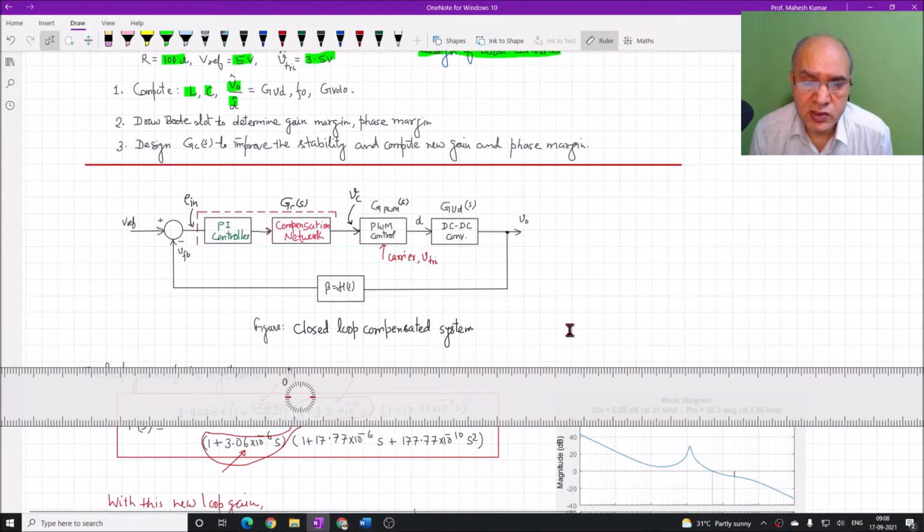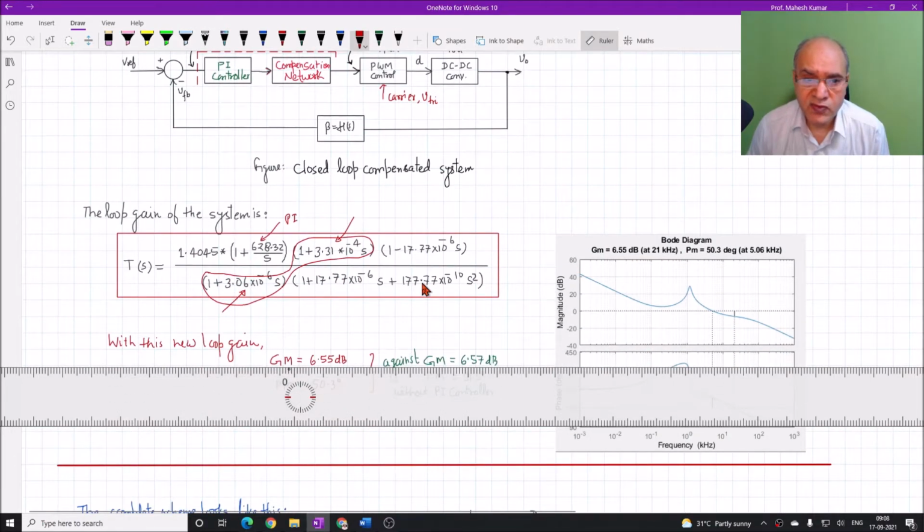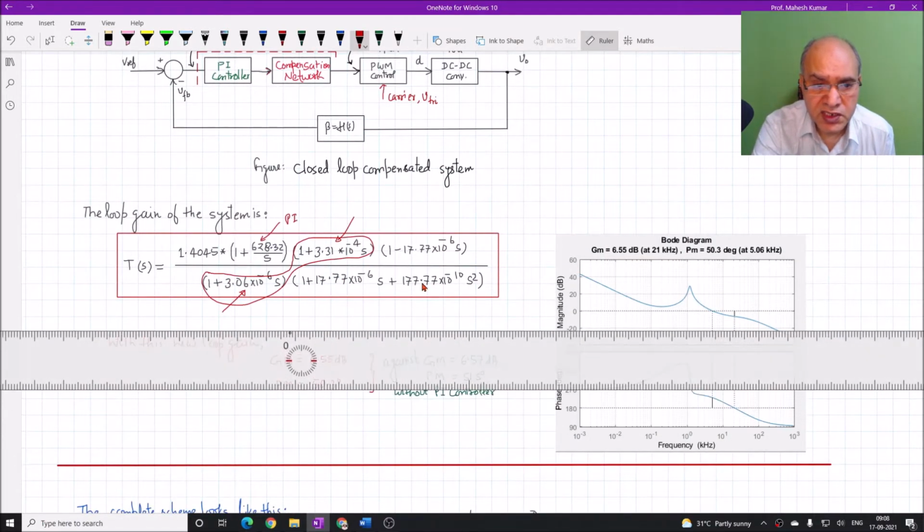Here we will discuss more on the design of the individual components of these control units such as a PI controller, compensation network, PWM control, and this is the plant, which is basically DC to DC converter. This is a feedback signal where we change the value of V0 to a signal level feedback signal. And as we have found earlier, the overall transfer function is given by this expression here.